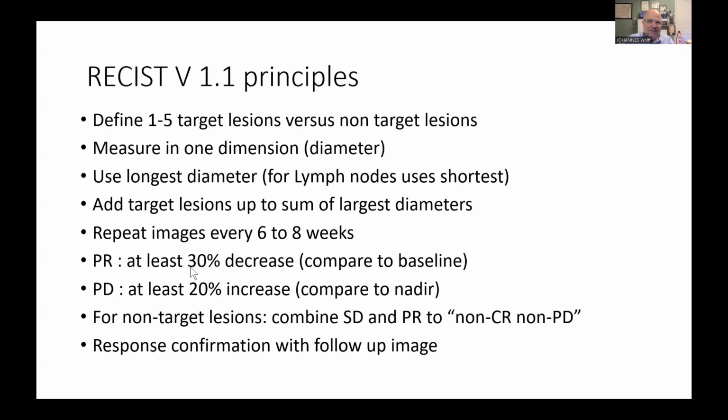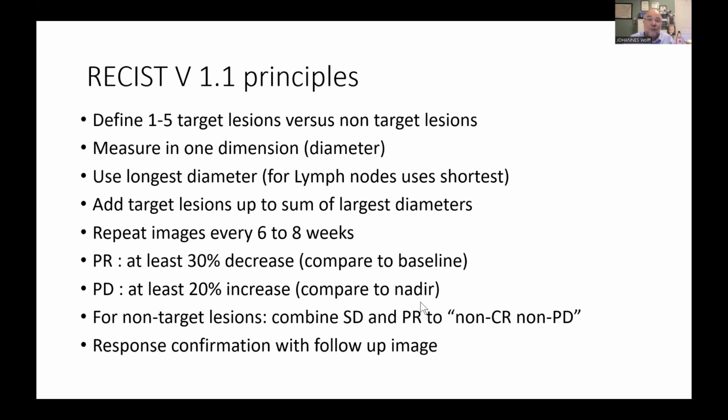The other number to remember is 20% increase makes it PD, progressive disease. But here, the comparator is not necessarily the baseline. It is the smallest number ever measured. So for the first repeat image, for the first image on treatment, both of those clearly have the same comparator. It is the image before treatment. But if the tumor then shrinks, then PD changes its comparator to the smallest number ever measured, which is called